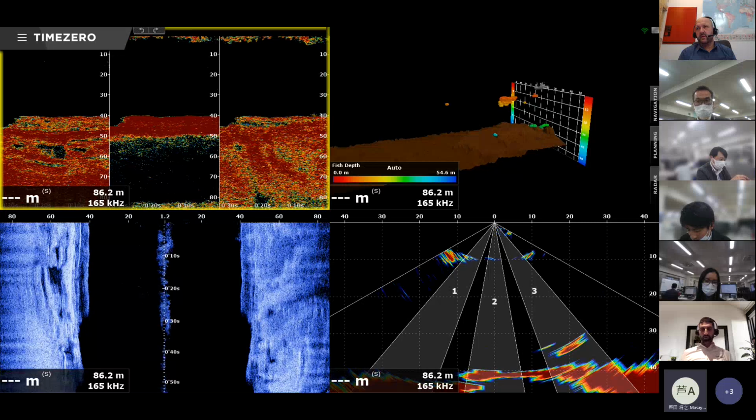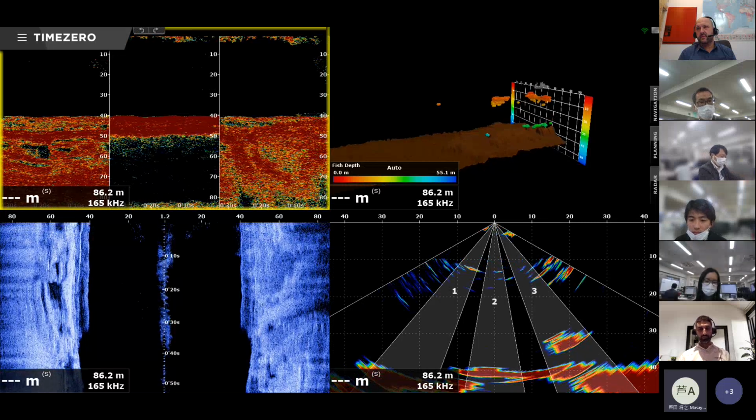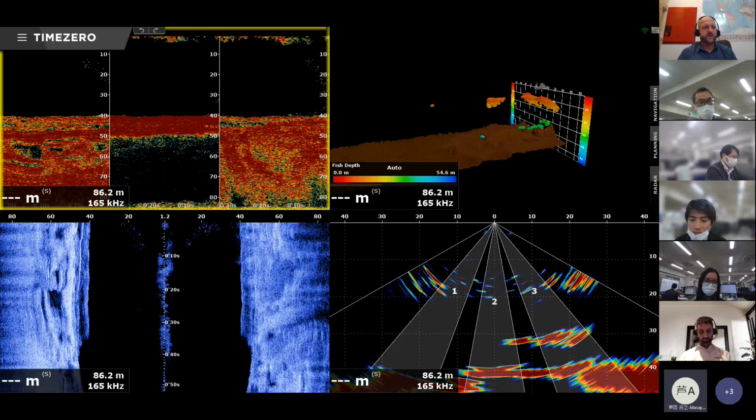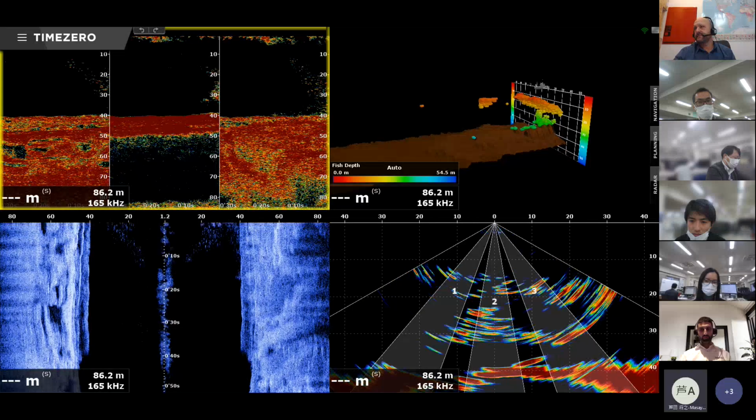That is the feature already implemented on our radar, so we do not have anything special beyond this. Okay, that's fine. Thank you.